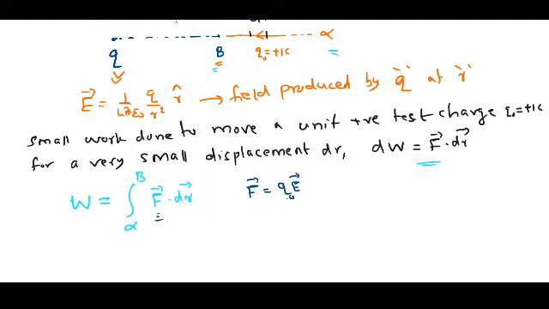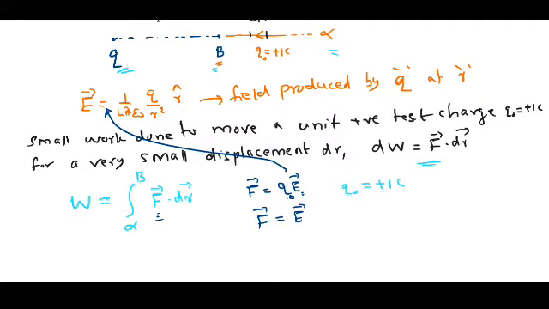This should be Q0 times E, and this electric field is the electric field produced at the point B due to this source charge Q in the figure. This is the electric field produced by the charge Q. The Q0 is nothing but 1 coulomb. Therefore, this F can be written as